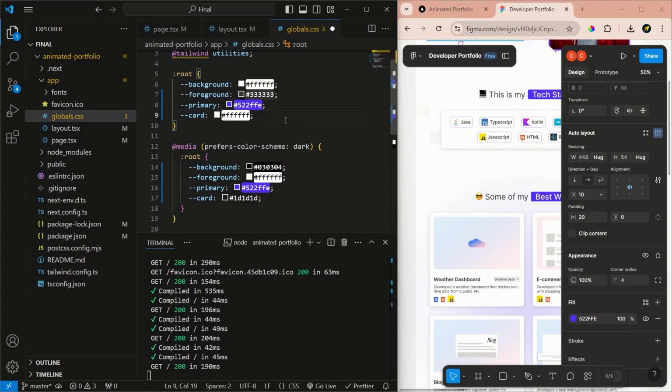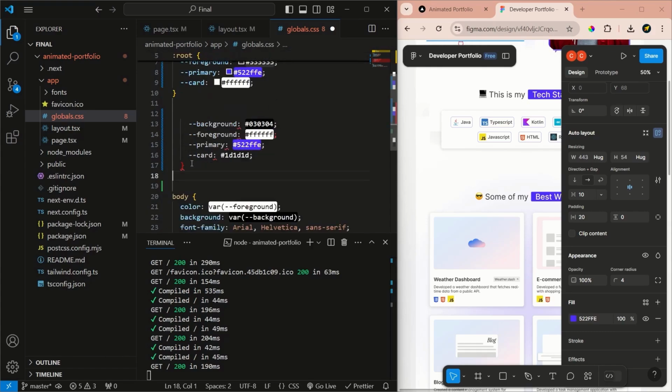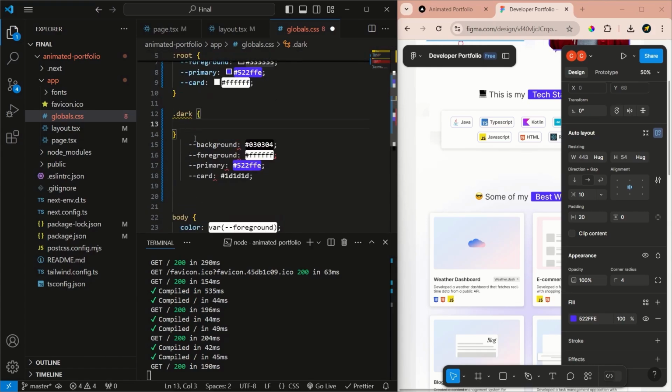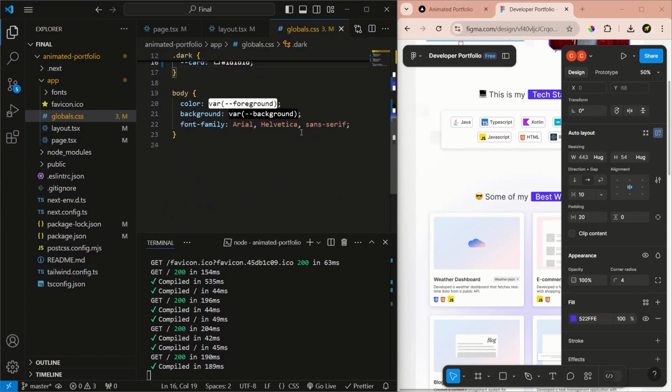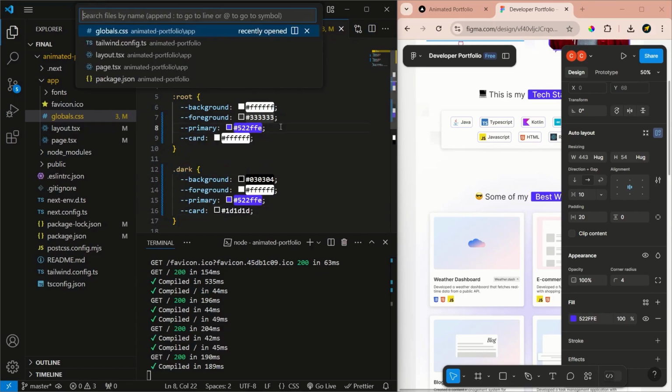Now I did mention we'll be doing dark mode a bit differently from the way it's done over here. So instead of having this root property and the prefers-color-scheme media query, we'll just say .dark and we'll apply this. And then for the rest of the globals.css, everything else is fine. Now to be able to use this dark property, we'll need to make some changes. So now let's take a look at a file called